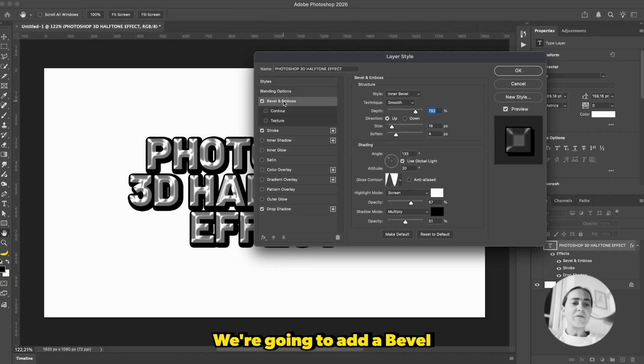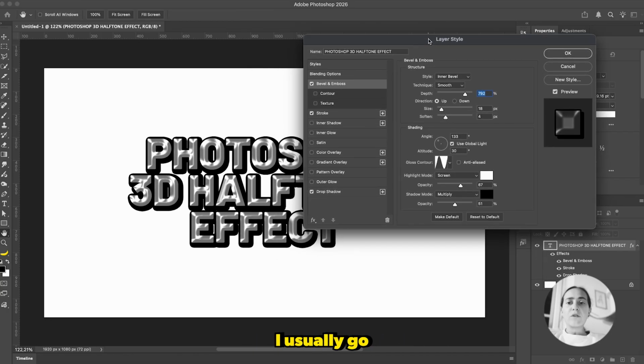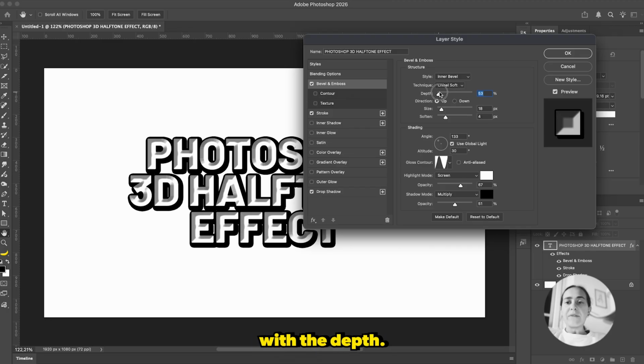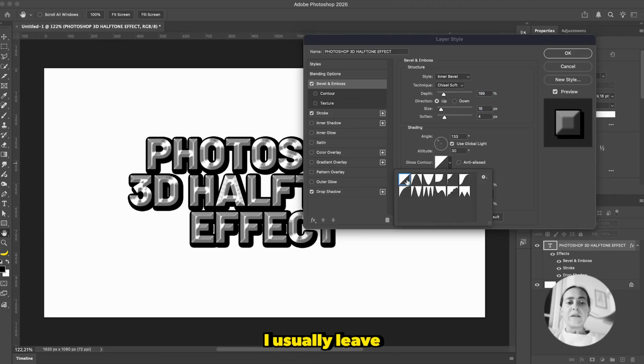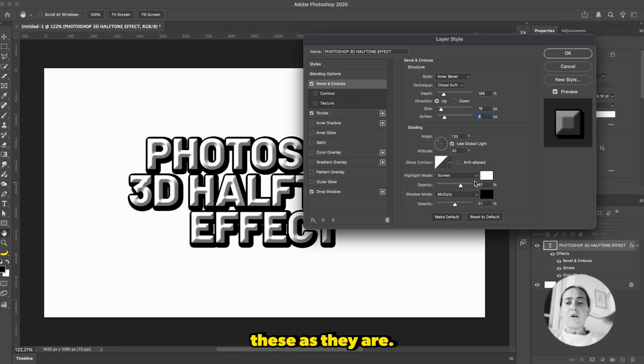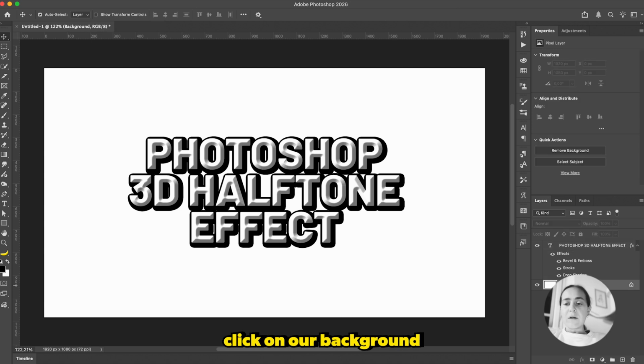We're going to add a bevel and emboss effect. I usually go with an inner bevel technique to smooth or chisel soft, and then play around with the depth, size, and the soften. I usually leave these as they are, maybe leave it at around 50% for both. Press OK. We're then going to click on our background, unlock it, and then above our background, just click here